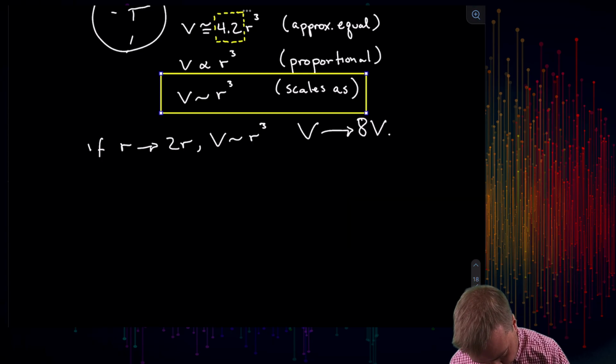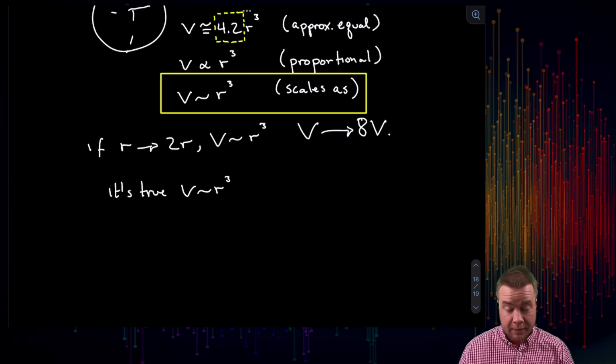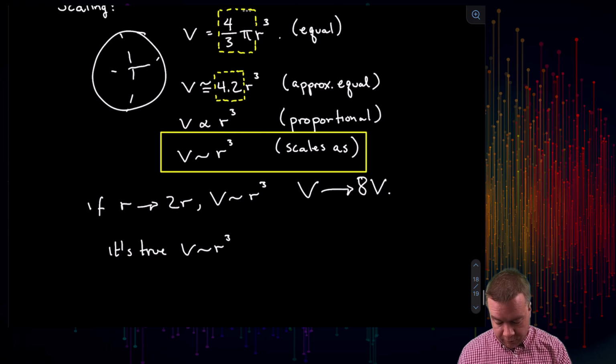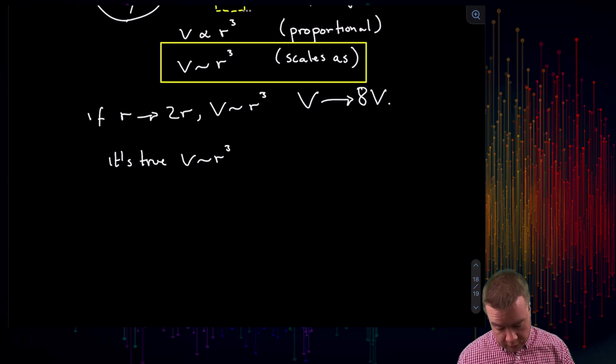So it is true that volume scales as r cubed. Sometimes I might just say volume is r cubed because these prefactors that go up front, this 4/3 pi, while we know it for the volume of a sphere, for some of the polymers that we study, we don't know what these prefactors are. We know that certain things scale as something, so we leave out all those numerical prefactors because they're not that important for us. So it's true that the volume scales as r cubed,